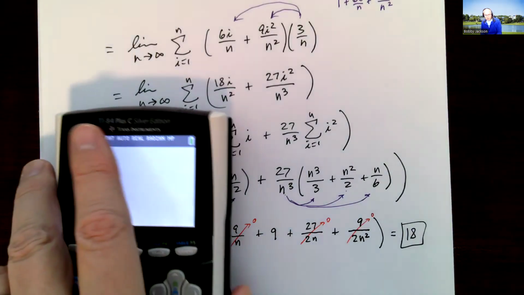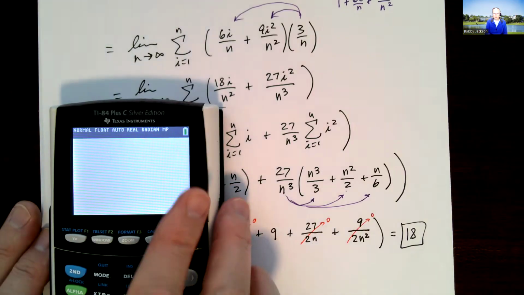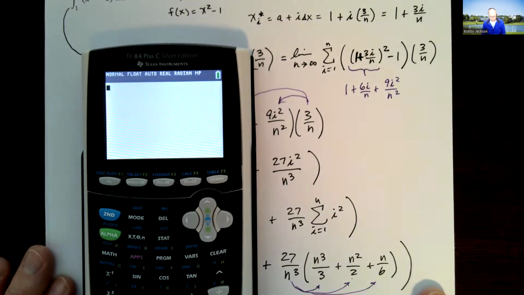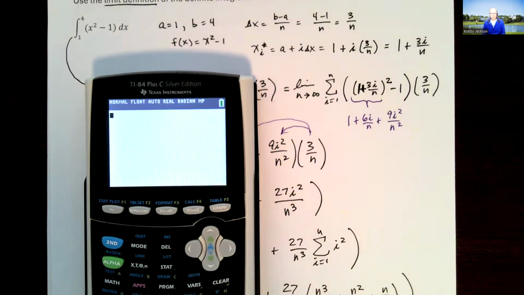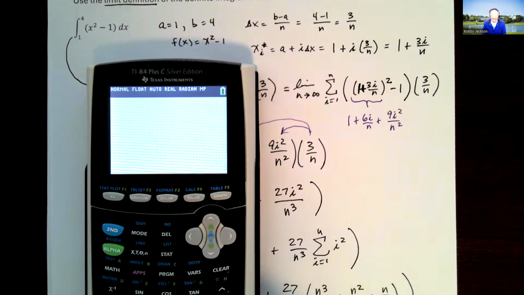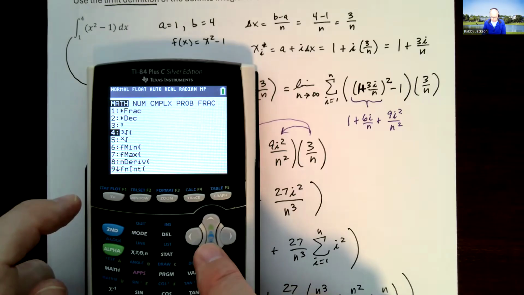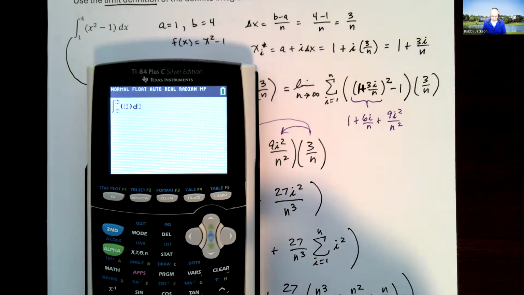Now, I'm going to use the newer model calculators on this. There is a definite integral calculator built in. It's a numerical calculator, but it will give you the value of this definite integral. And if you have the older model, then please see me and I'll show you how to do that. So where you go is you go to the math menu, and you'll see down here, for me, it's number 9, it's FNINT, the function integrator. So we're going to go down there, hit enter, or just type 9,